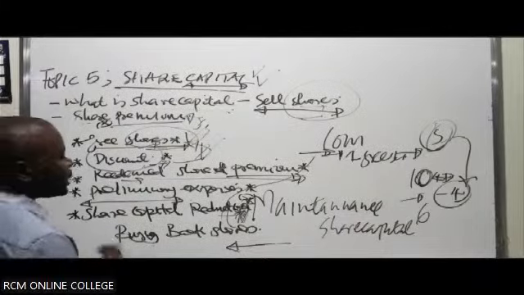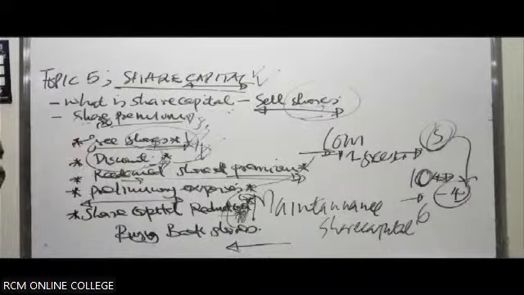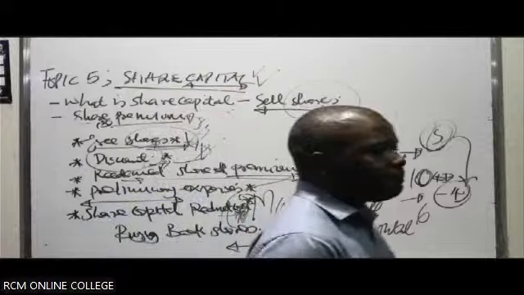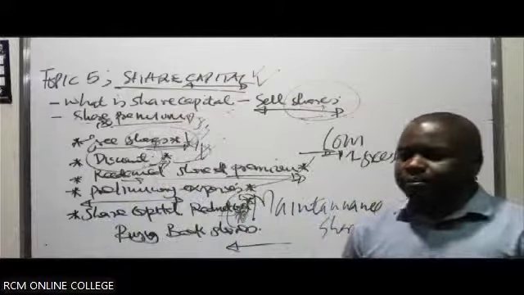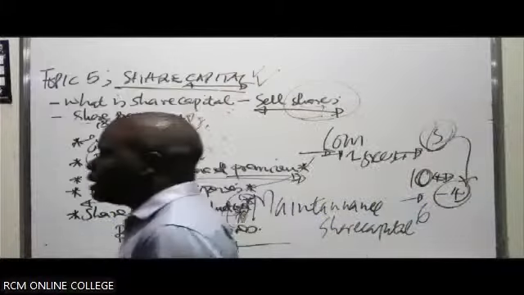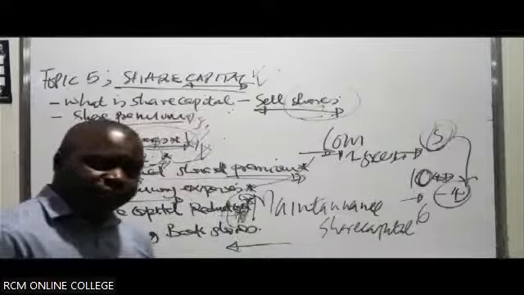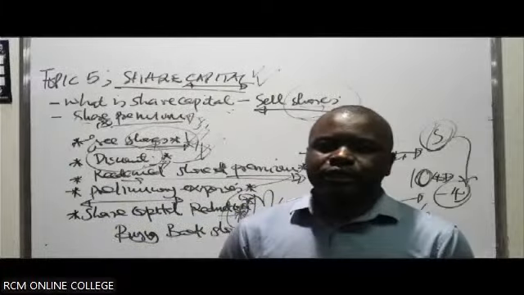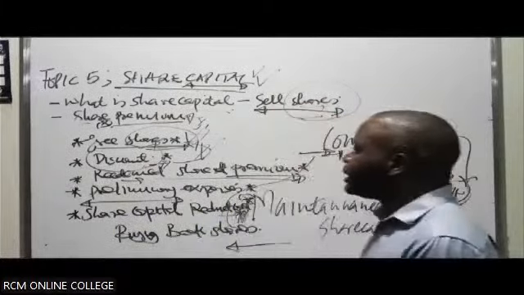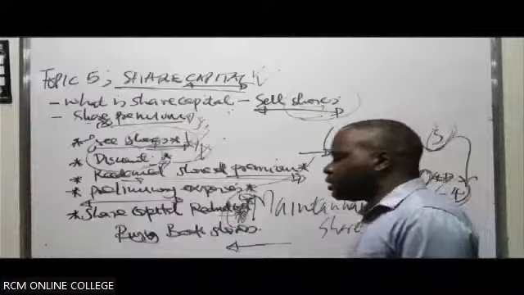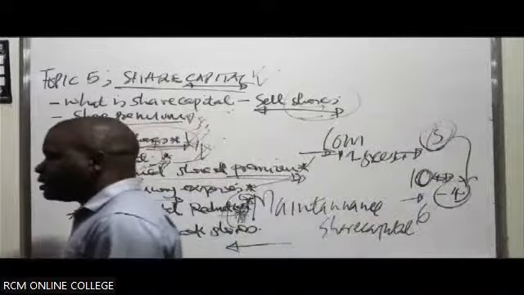You'll get the money there to do share capital reduction. So in short, the point to drive home is that sometimes the company can sell shares at an amount over and above the par value. We refer to it as the share premium. This share premium can be used for specific purposes in accordance with the statute. Part of them we have listed here.